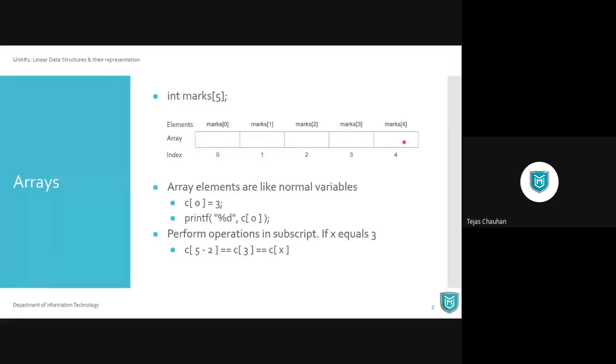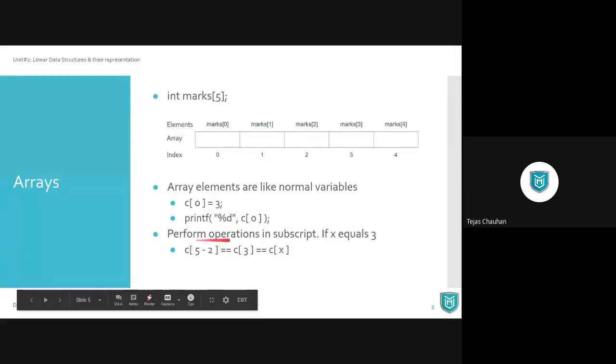Whatever element you want to access, you can access it by having the variable name and then the offset or the index value. So C of 0, C is your array and 0 is the index, then it is nothing but a simple variable kind of thing. You can assign a value, you can print a value. Even this square bracket defining indexes can have operations inside it. So 5 minus 2 in a square bracket will be operated first, which becomes 3, and it is equal to C of 3. You can even have your variable as a subscript in your square bracket also. That's also allowed.